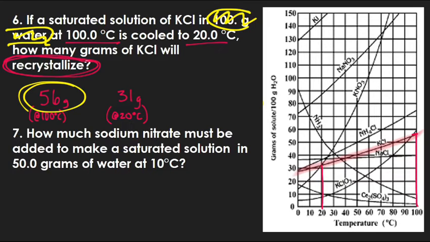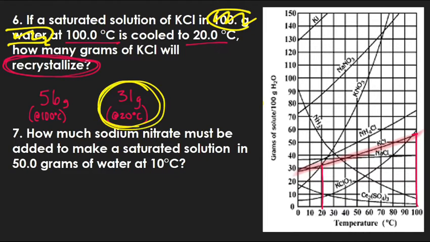So this is what it was saying, is that at that higher temperature, I can and did evidently dissolve 56 grams until my solution was fully saturated. And then when I cooled it down, it could only keep dissolved 31 grams. That was where it was saturated at that lower temperature. And so the difference between how much I put in and that was dissolved at the higher temperature as compared to this lower temperature is going to tell me how much stuff doesn't fit anymore,